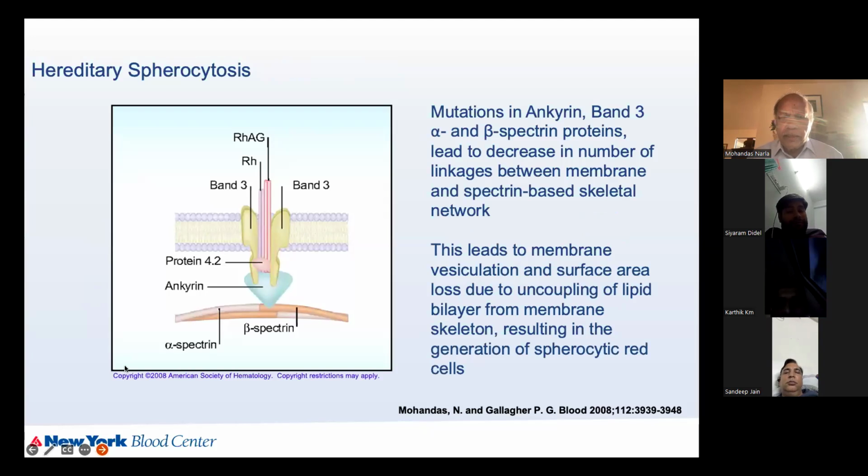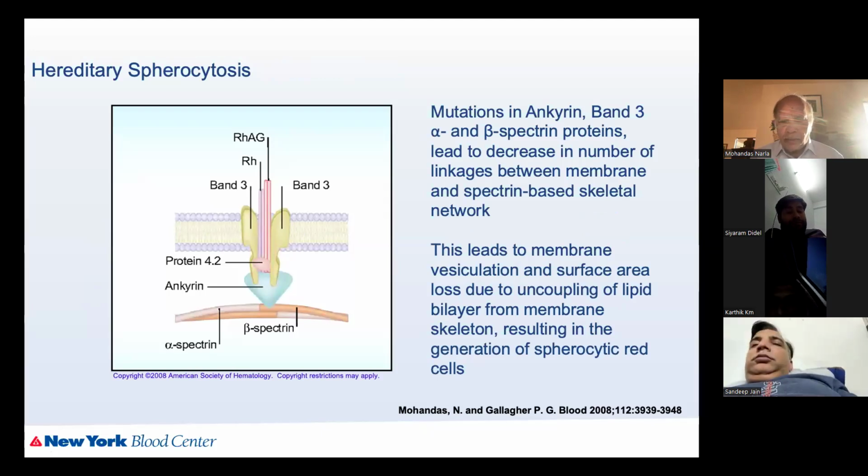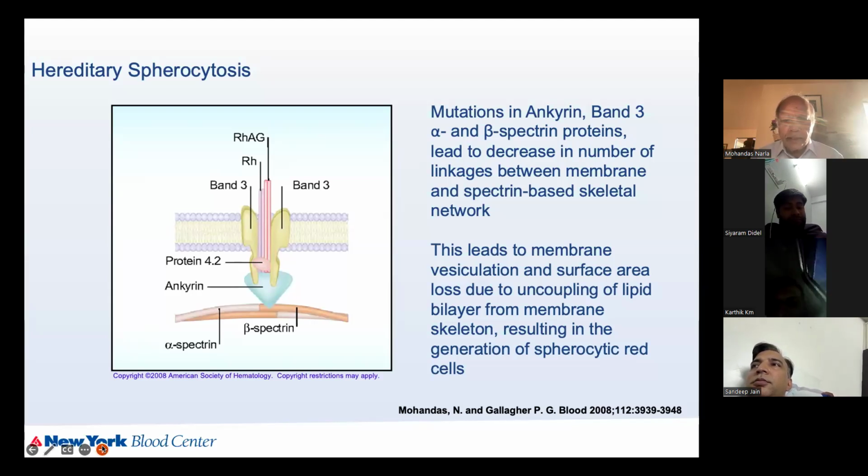We know a lot about the mutations responsible for hereditary spherocytosis. As I said earlier, the major structural component of the red cell is what's called the spectrin-based membrane skeleton. This membrane skeleton is linked to the lipid bilayer in which the membrane proteins are embedded. And the major protein is band 3, which is the anion transporter in the red cell. This binds to a protein called ankyrin, which then binds to spectrin, linking the membrane skeleton to the